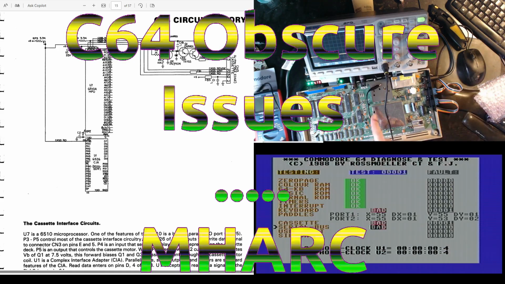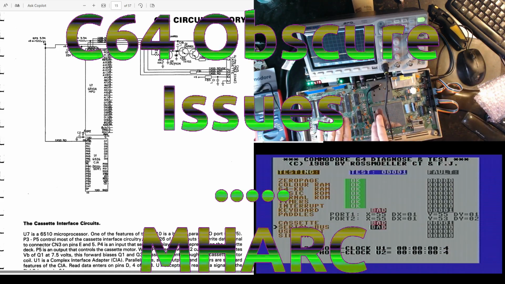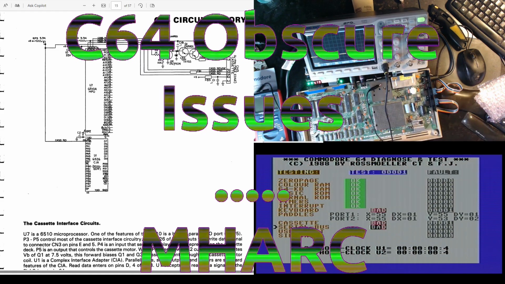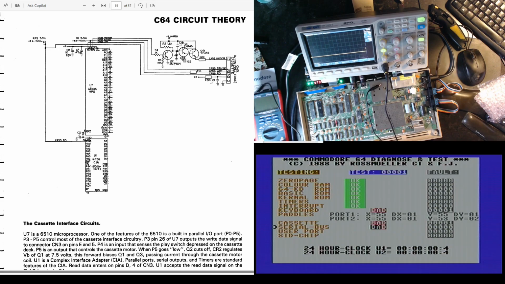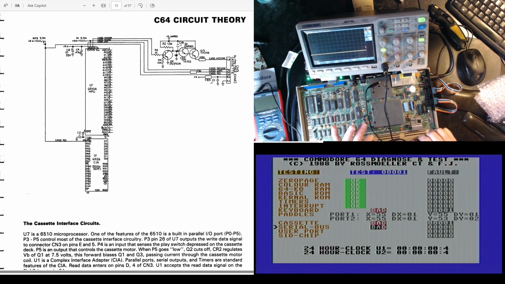Back again, trying to fix my Commodore 64 here. Can't quite work out what's going wrong with it. So I was doing some analysis, which I did in a video because I was spending hours doing things. So basically, I was thinking that there was a possible issue